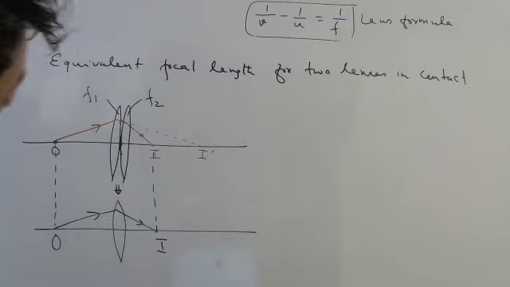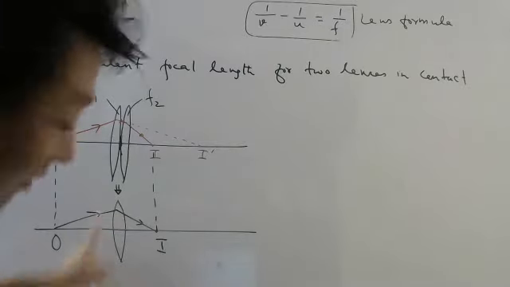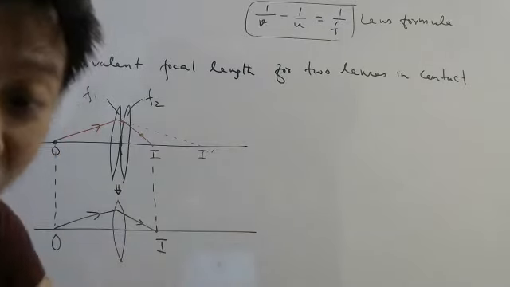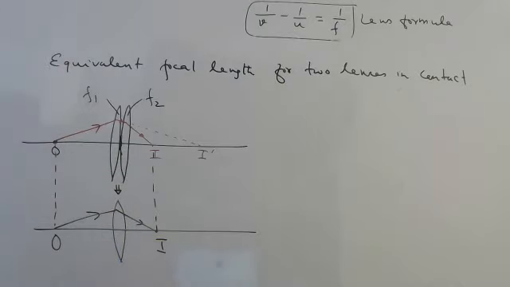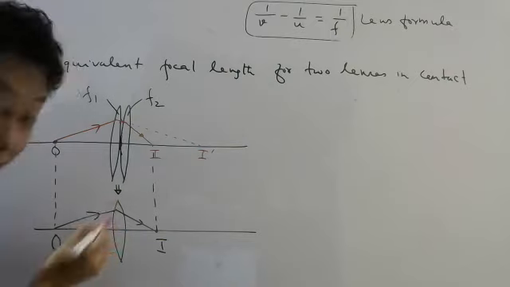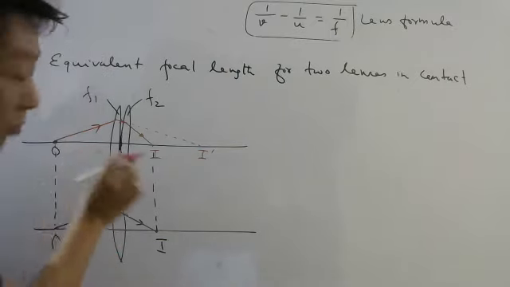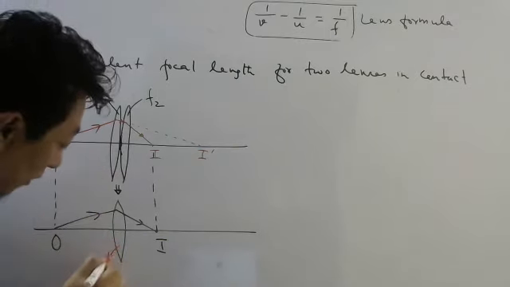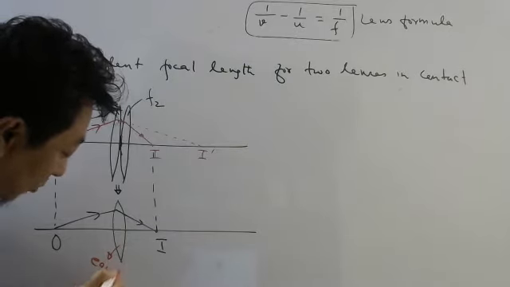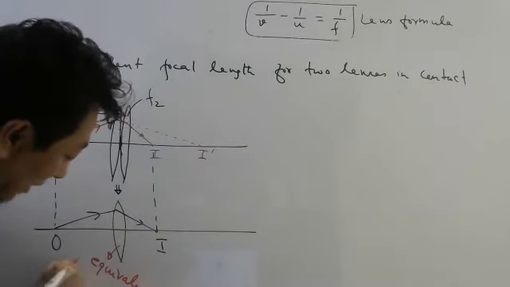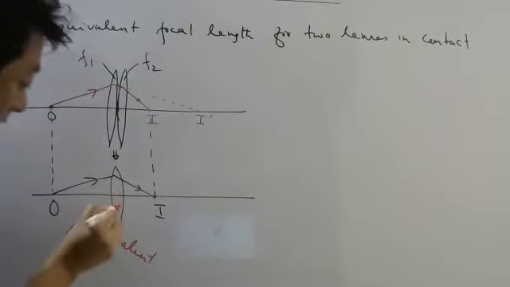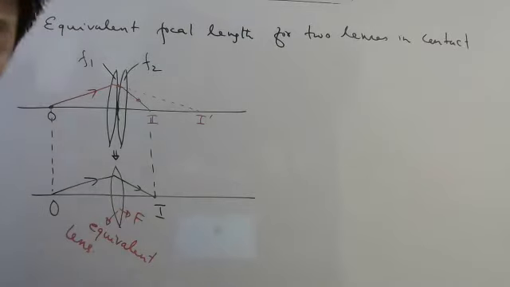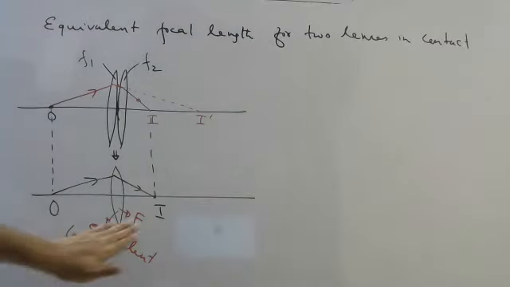Okay, as you can notice, I am showing only one refraction for a lens now. Previously I showed 2 refractions. So this lens is doing the same thing as these two. So we call this one the equivalent lens. Okay, now students, the focal length of this is capital F, let us assume. So we need to find the formula.